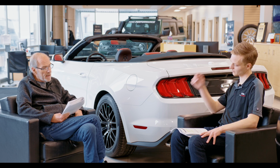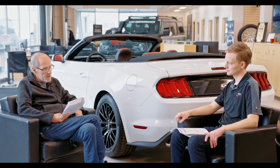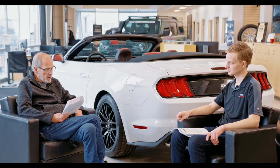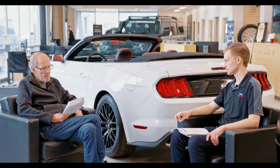You can now get a 19-inch Brembo brake system with performance linings, as long as you have the Mustang Night Pony package. But that's already included with the GT Performance package, and includes red painted calipers with white logo when the GT Performance package is not ordered. In other words, if you were to order the Brembo brake package with the Night Pony package, you're going to get